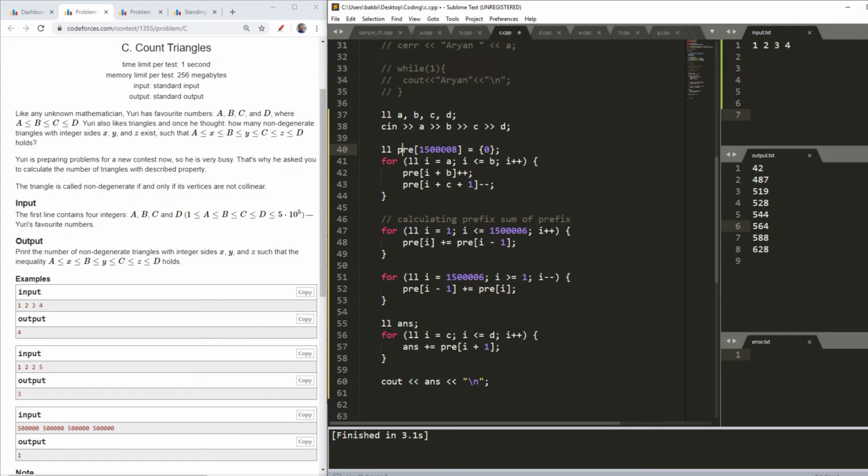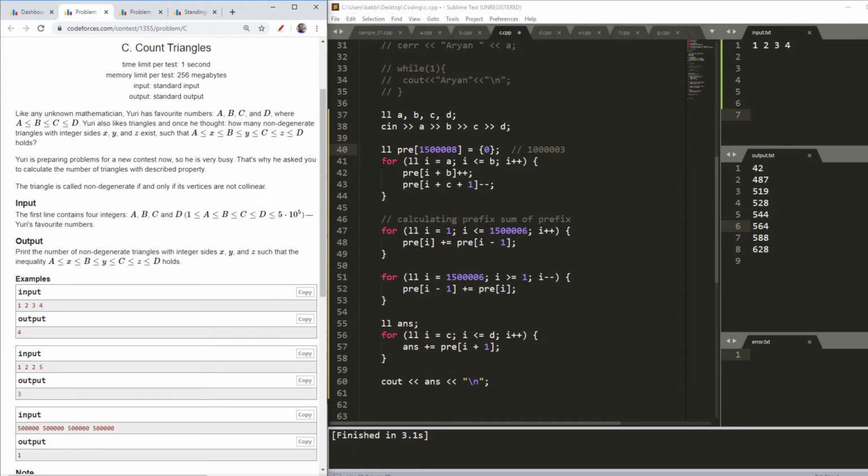As you know, the value of A, B, C, although you can also have up to 10 0 0 0 0, something like this is also sufficient, because the values of x, y and z are at max 5. So 5 plus 5, which is 10, into 10 raised to the 5 is sufficient enough. But I took 15, no worries.